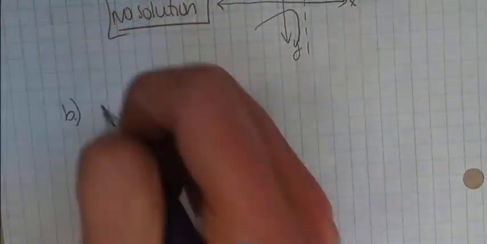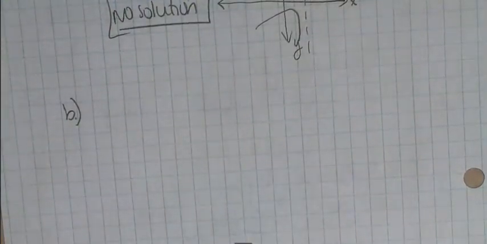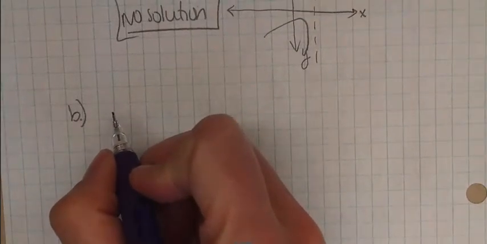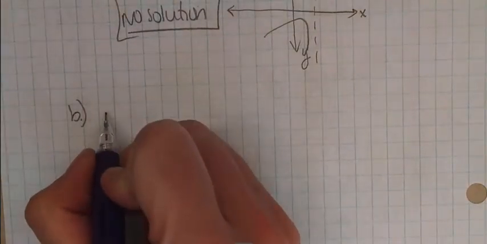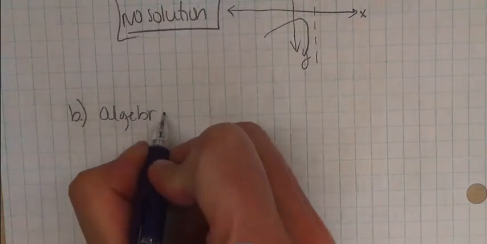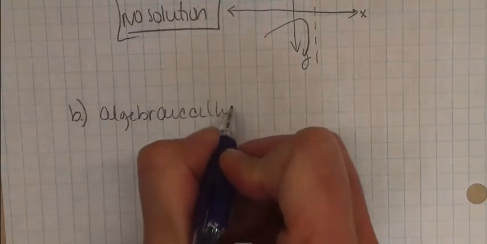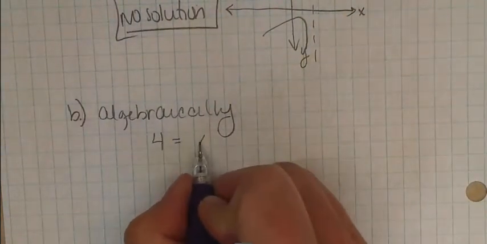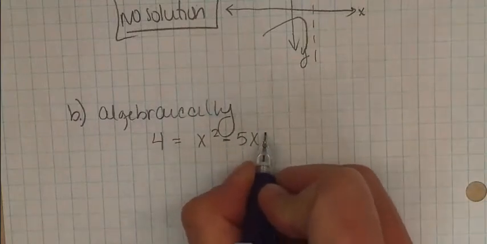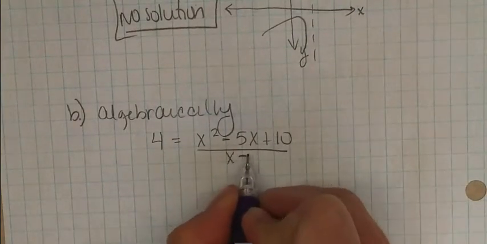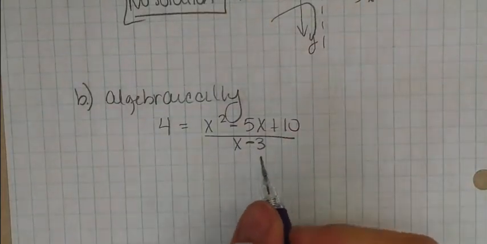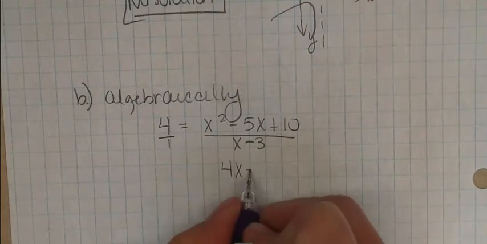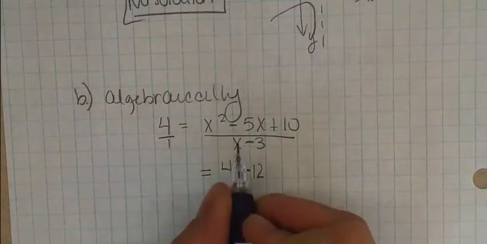Now let's do this algebraically to confirm that and see what it looks like when you end up with no solutions, and to remind you too of some really simple algebra 1 that you're going to want to keep in mind all the time. So I'm going to set 4 equal to this other mess here. I'm going to clear my fractions, or you can think of it as cross multiplying. How about I do it that way this time? So I get 4x minus 12 on the right hand side equal to,